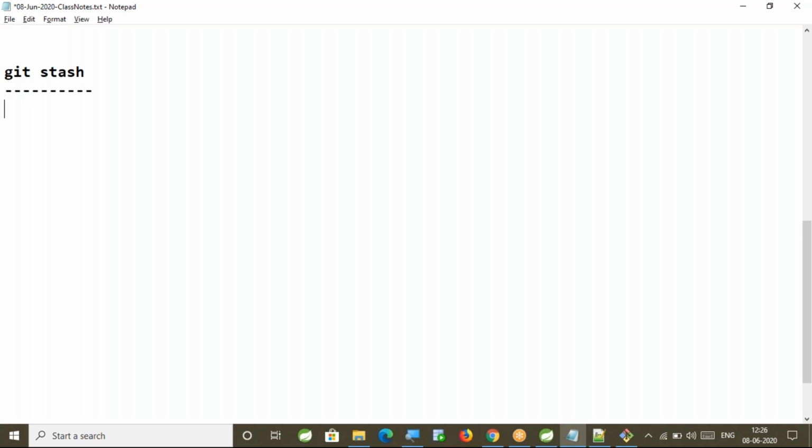Theoretically, first I will write the purpose of this command, but with the theory you don't understand the actual purpose. Then we will see practically how to work with the stash command, and then you will understand the real purpose of the stash.